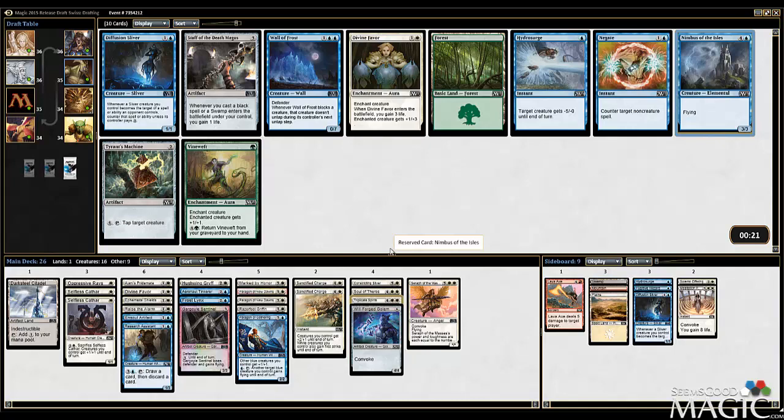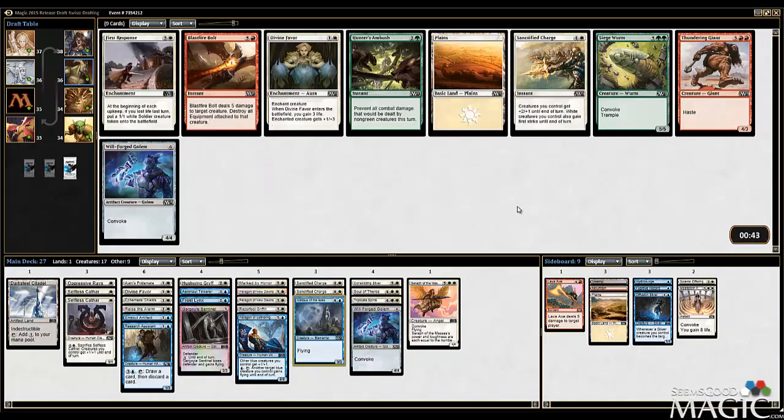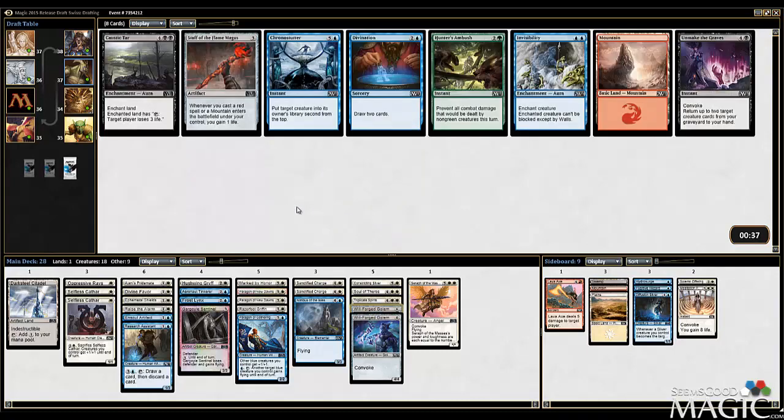I do want to make this Ensoul artifact work. At the same time, I want this Nimbus of the Isles. 3/3 flyers, tough to beat. I want to get full value out of our Paragon too. Let's hopefully table a Tyrant's Machine or another artifact. Well, we did get an artifact, I guess, but this one's not exactly the best with